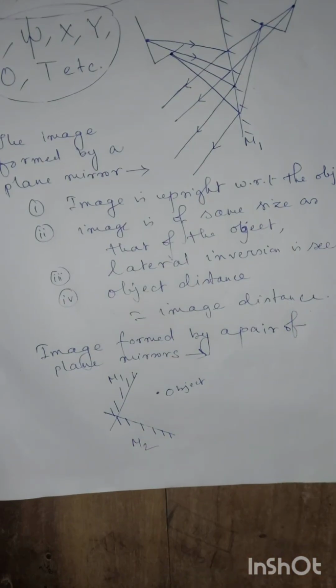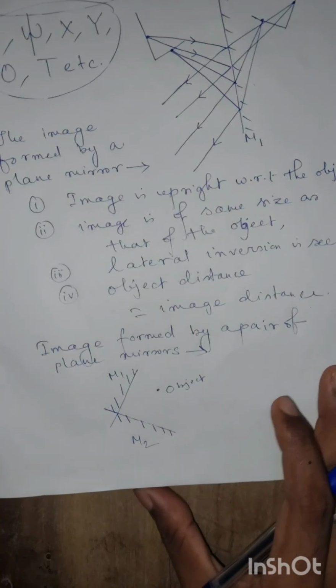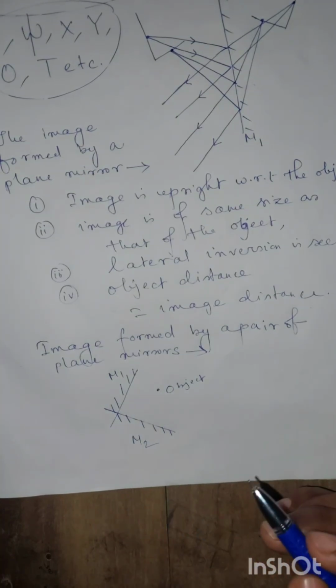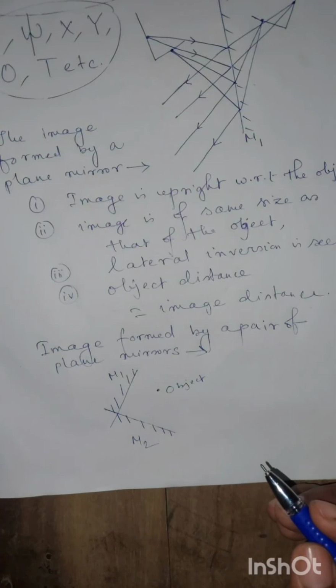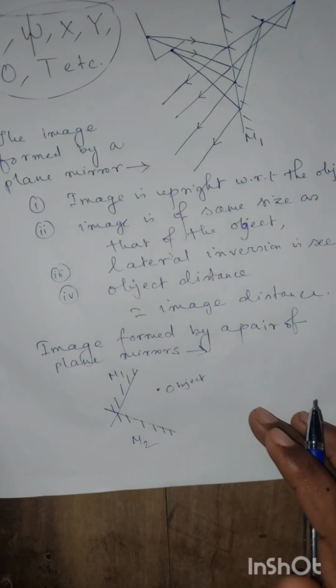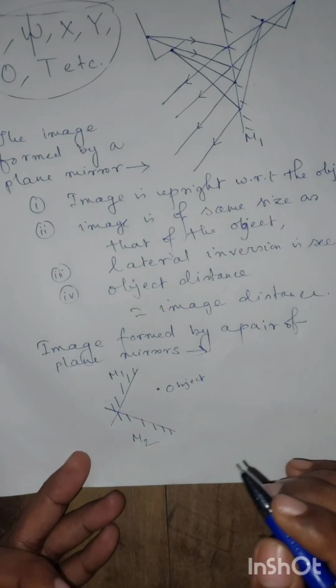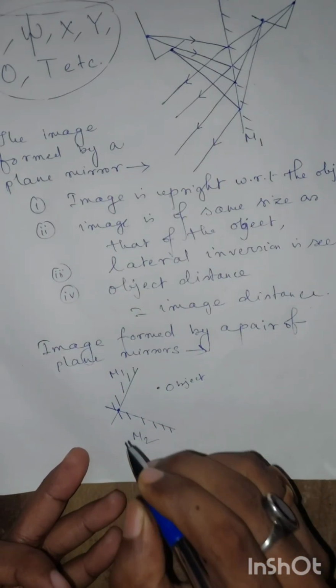Now one thing we should keep in our head is that the object and the image formed by such mirrors always lie on the circumference of a circle whose radius is,